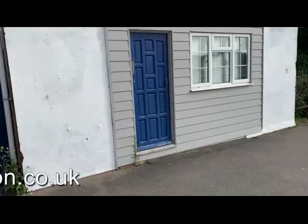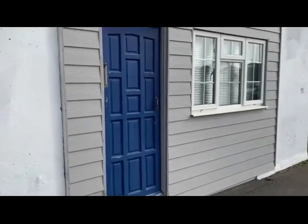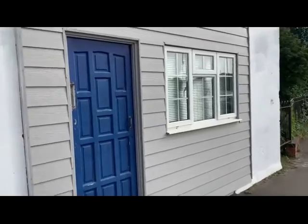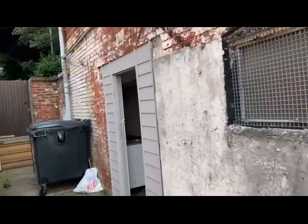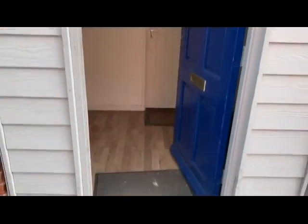Unfortunately, the only part of the site we can't actually access due to key issues is this small front office on the front of the building here, but it's a very useful little lock-up office. Would be ideal for dealing with admin and the like for the marina if somebody wanted to, or of course could be sublet or incorporated into some other form of scheme if required. But moving inside on the lower floor,